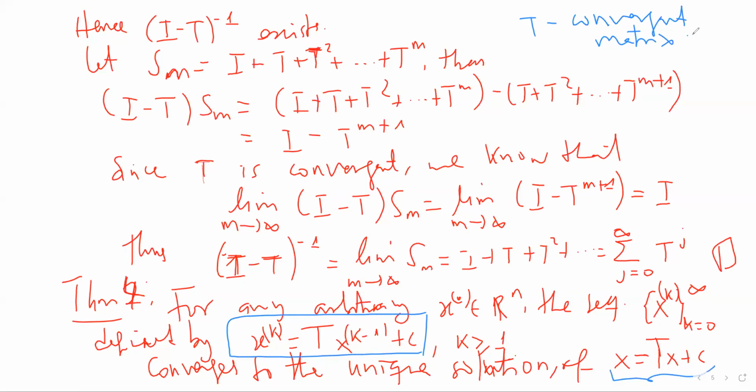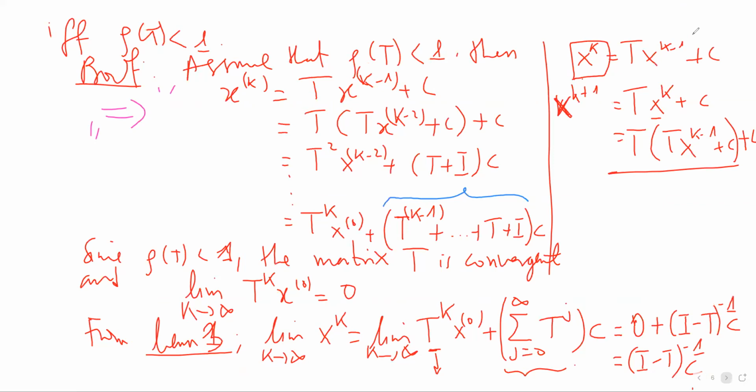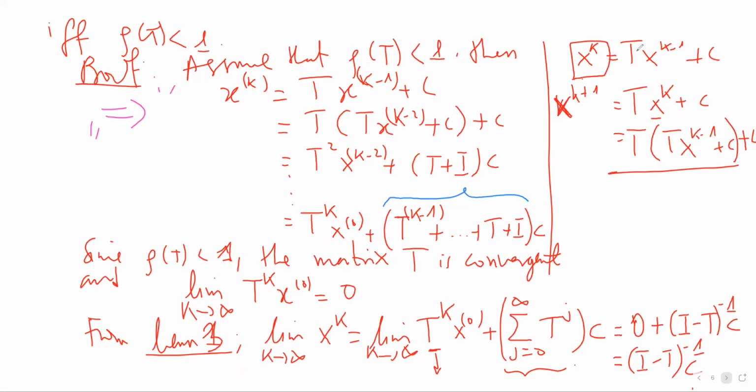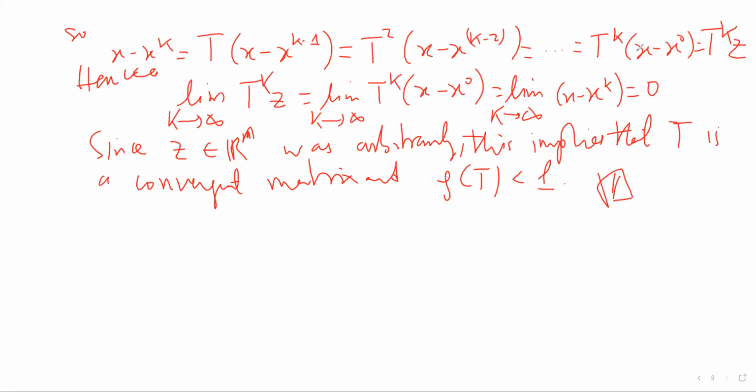It converges to a unique solution if and only if the spectral radius of that matrix C is less than 1. That's really a very powerful piece of information, or a very powerful idea. Of course, as a follow-up to that,